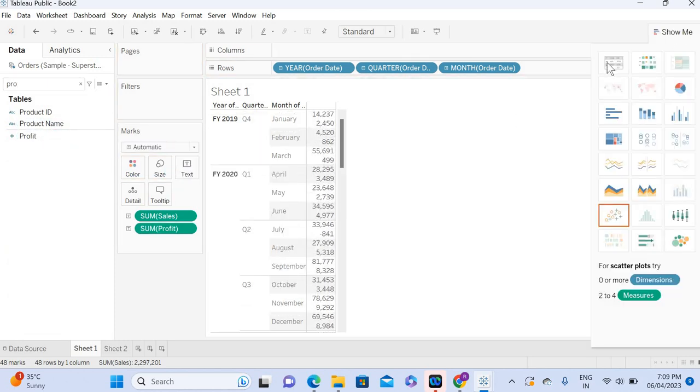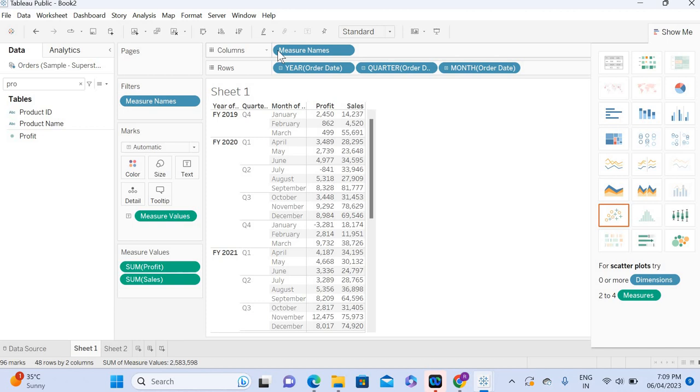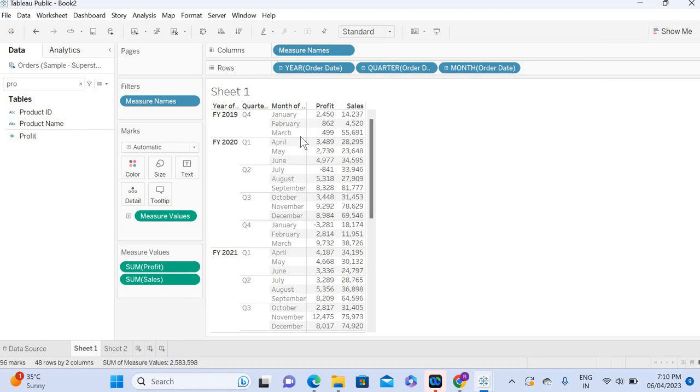Now change this layout into this. I'm going to change the layout. Okay, and let's swap this field, and there is a shortcut you can use to swap this field, which is Control W. And now you can see here, yeah, I can see this data